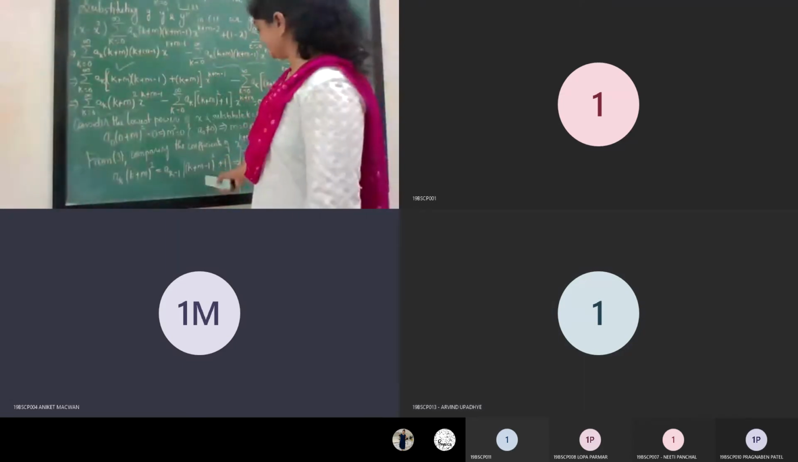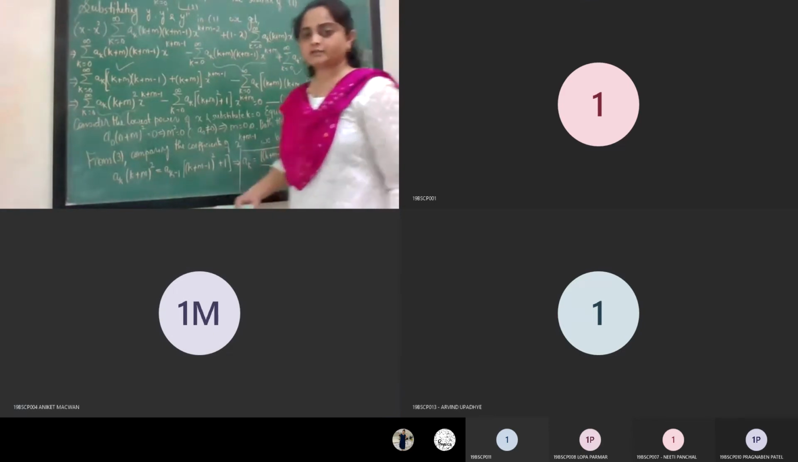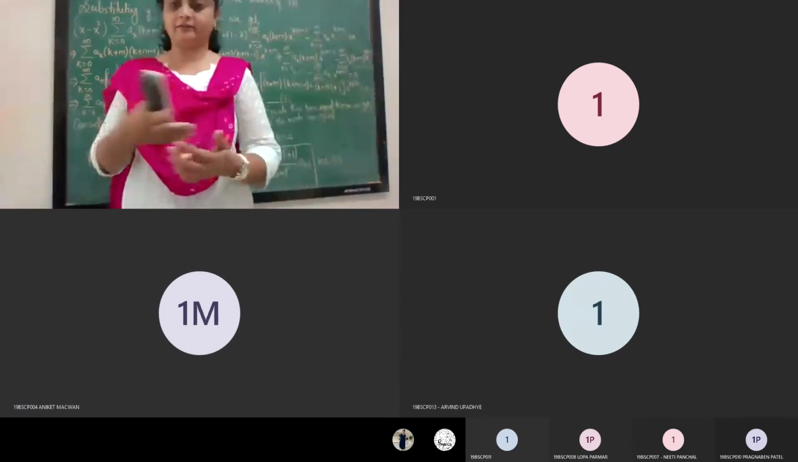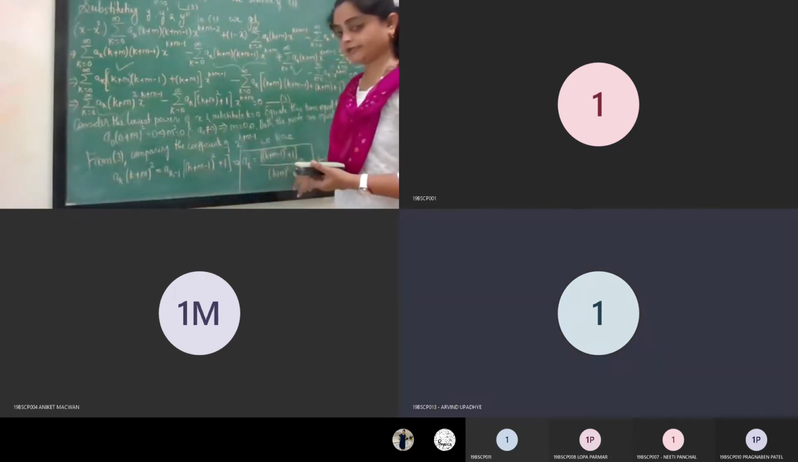So next thing is, see this recurrence relation we are getting with the difference of 1 only. So no need to go for a1 and all those things here. So we have to directly consider...